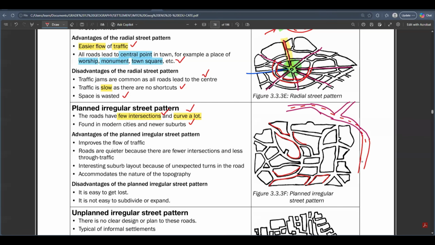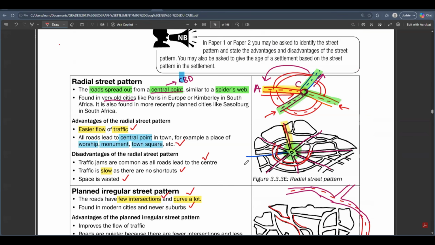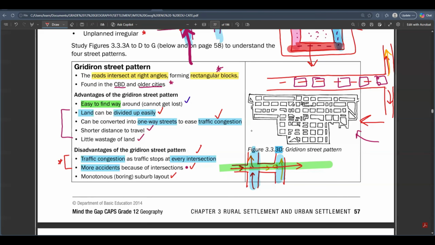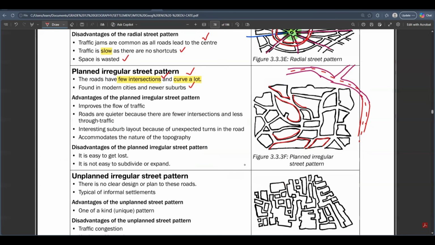So this is your most common pattern. All right, this one is the typical pattern that we are used to, the irregular straight pattern. Even if you go to the suburbs, modern cities, even the locations that we live in South Africa, they've got these patterns. You don't find a street that is just straight. The streets have got curves and curves and curves. But some of the streets in our townships in South Africa still have a gridiron pattern format. But most of the time you're going to find roads that are curving and curving.